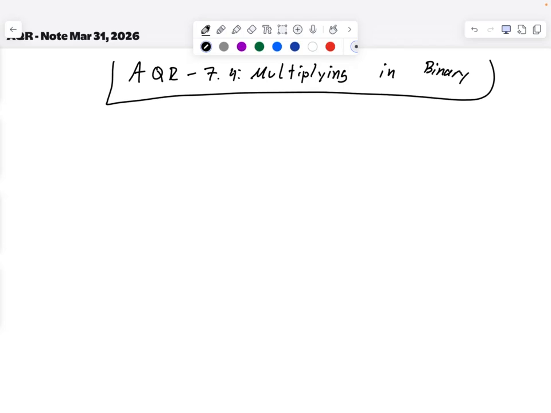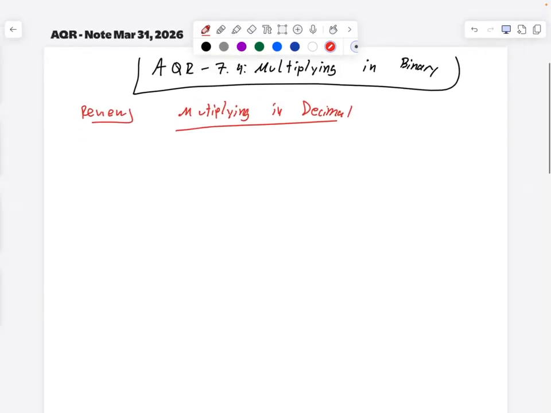Multiplying in binary. So, guys, just real quick, I highly recommend that if you are working, you stop working right now and take your notes, because otherwise it's going to be confusing. So review. Let's review multiplying in decimal. The type of math you did prior to here. How do you multiply numbers? So, for example,